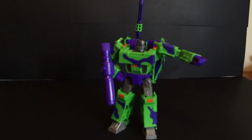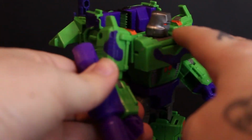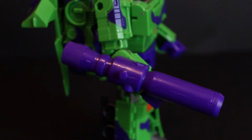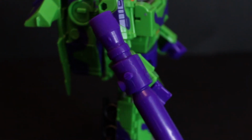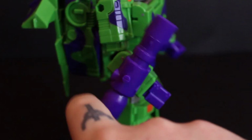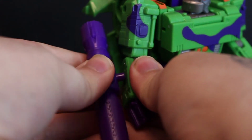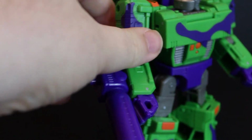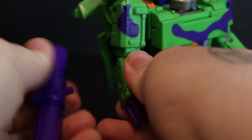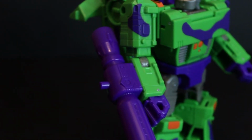But one thing with Megatron, at least you want the cannon to stay in place. So let's come to that cannon, and straight away you can see the issue I've got. I just have to touch that. There is no grip whatsoever with that cannon, which I'm extremely shocked at. Now, I can take it off and flip it onto the other side, and it holds a lot better, but the cannon's then not in the right position. I have no idea what's up. I don't know if it's the smallest of details and the millimetre is off. No idea. I can fix it if I use clear nail varnish or something, but to go down that road,